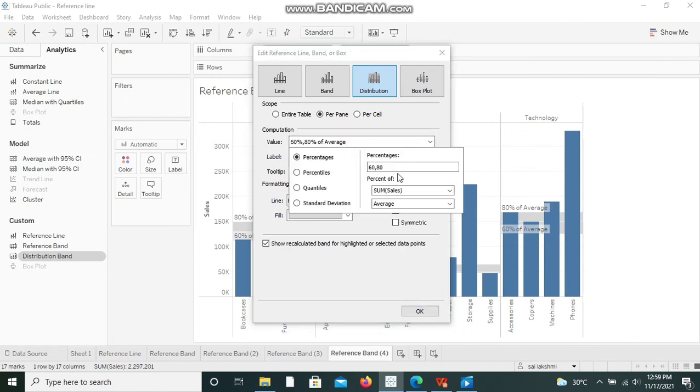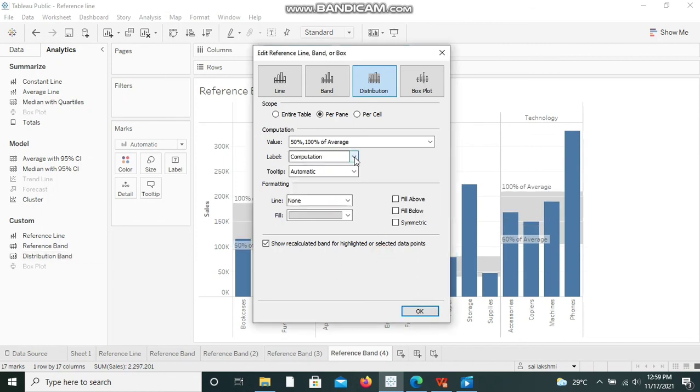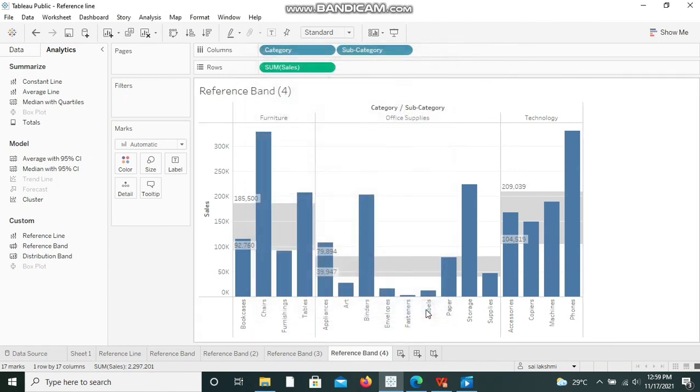I'm removing all values, mentioning 50 and 100. It should be displaying value, so I'm selecting value. Now we can see the 100% of average is 1,85,000 and 50% of average is 92,750.